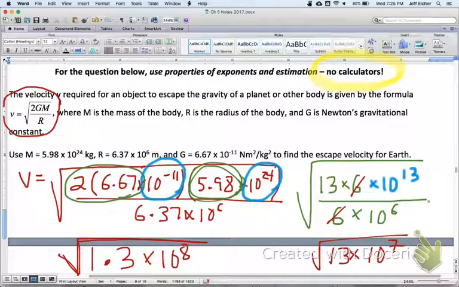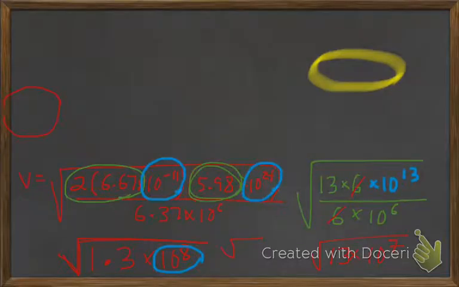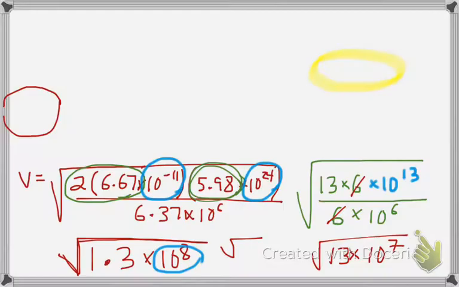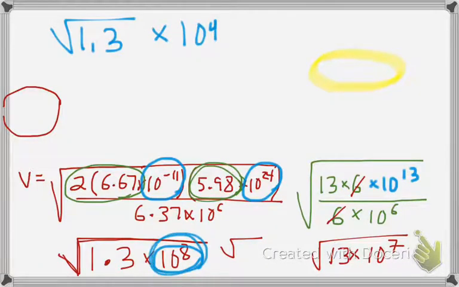The square root of that. Well, the square root of 10 to the 8th would be 10 to the 4th. So we have the square root of, oh man, I need a lot more space. What can I get? Green chalkboard? Whiteboard. Okay, I can write it up here now. Square root of 1.3 and then times 10 to the 4th, since we did a square root of this 10 to the 8th. Square root of 1.3